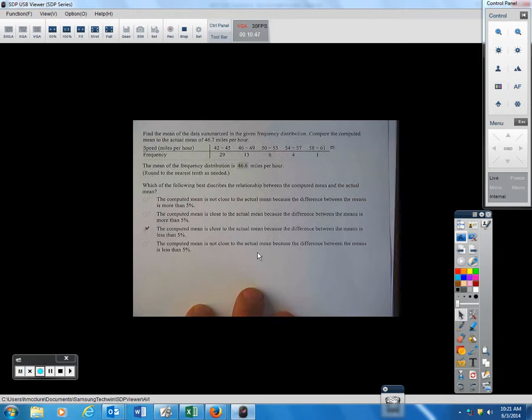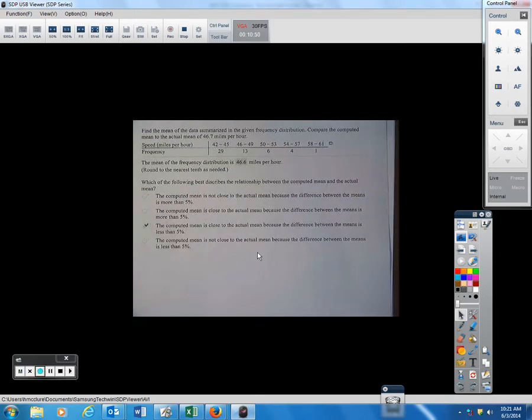Find the mean and summarize the data summarized in the given frequency distribution. Compare the computed mean to the actual mean of 46.7. Again, I'm going to use my Excel spreadsheet